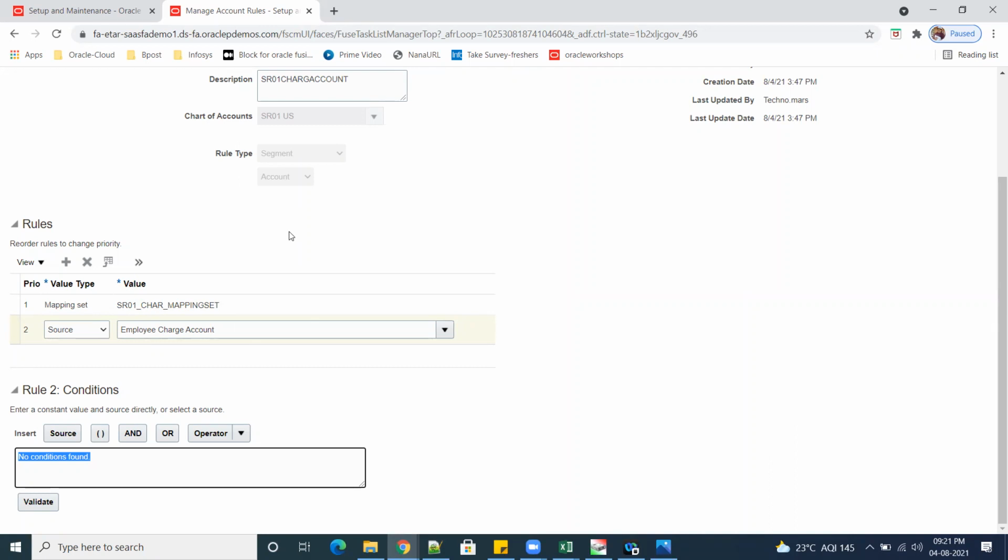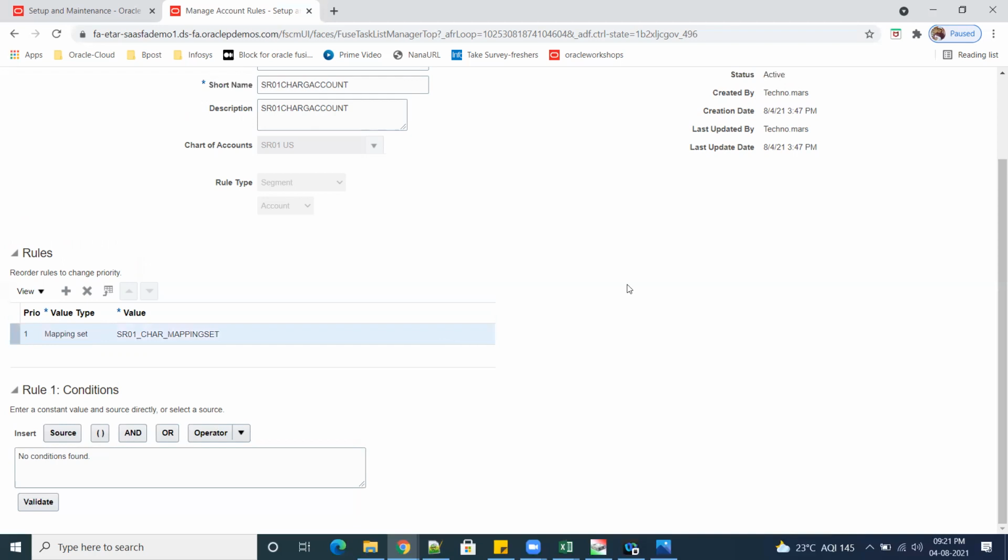I have not seen it for segment, but I am not sure whether we are going to use it. So let it be now. We'll go for the basic, simple one, only mapping set. I'll try to understand further in classes how to do that because I did not try that. So for the time being I'm just removing that.